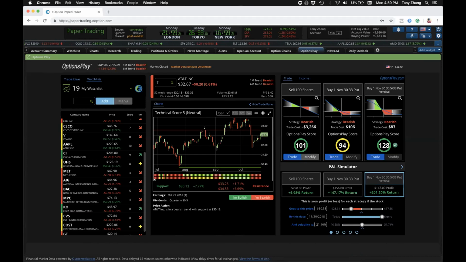Can you obtain the volatility ranking in OptionsPlay? So we purposely do not publish the volatility ranking because we find that volatility actually has a relatively low impact on your P&L compared to some other factors like delta. And that's really why we don't publish the volatility rankings. For those of you that are interested in this type of strategy, a lot of people will use volatility ranking to decide whether they should trade a credit spread or debit spread. We find based on our research that that's not a good way to decide whether you trade a credit or debit. However, I don't quite have enough time to get into those details, so